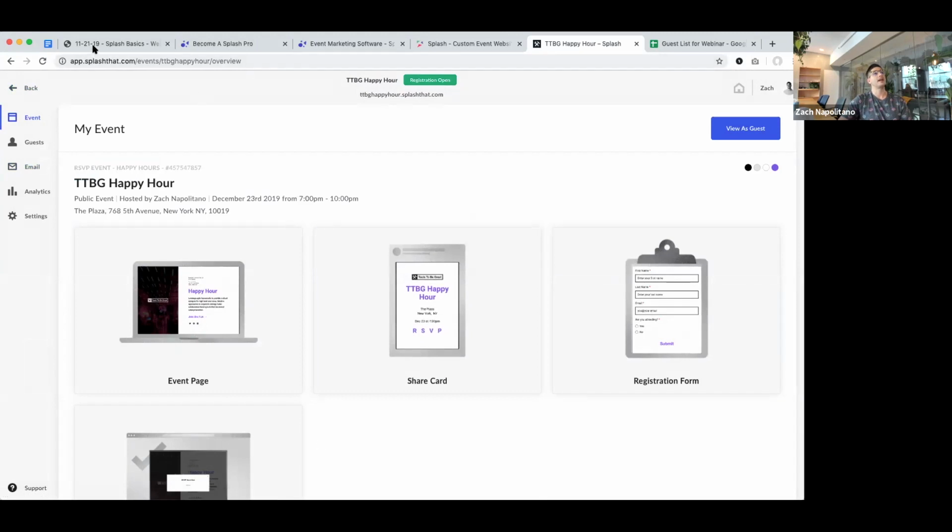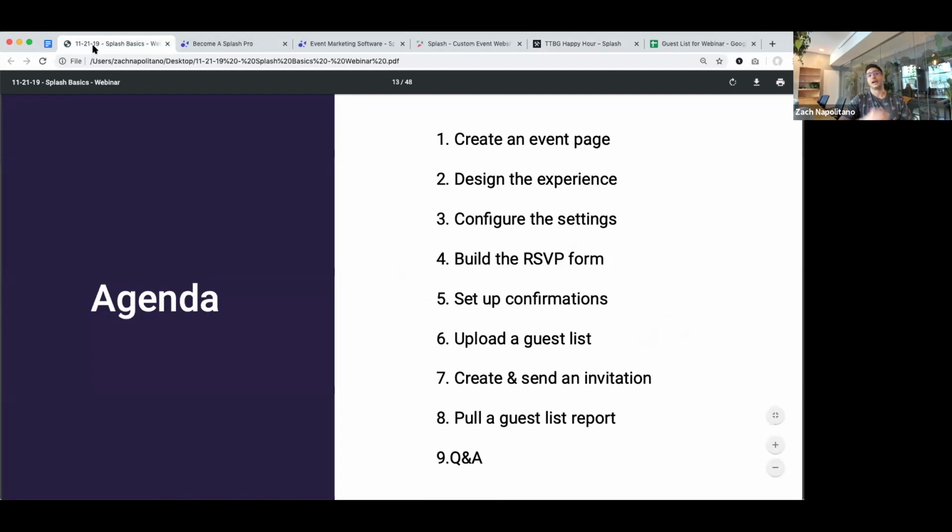Okay, let's take a look at our agenda. Okay, so now we're getting ready to approach the finish line of, we've done a phenomenal job creating a beautiful page. It's branded, it's building excitement. Our settings are locked in, our registration form is wired for success. We have our calendar invites and our confirmations. We're allowing guests to decline their RSVPs.